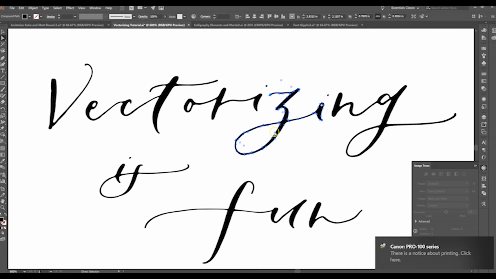So you use the direct selection tool to do that. My printer is going crazy right now. So you'll use the direct selection tool on there. And once you have your letters selected,